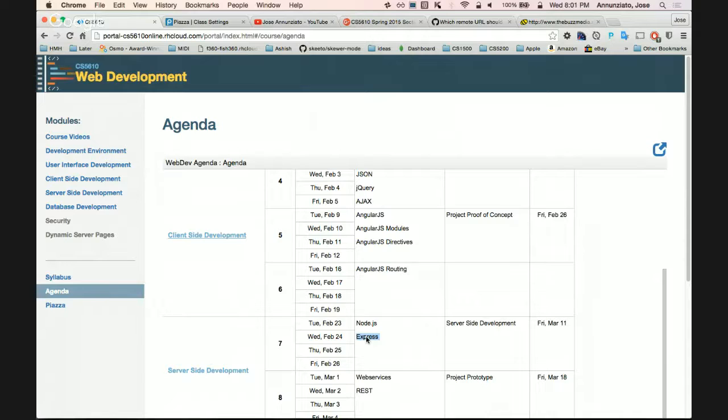What the server is going to be doing is providing the data that the client is going to need. The client is going to say, I need a list of recipes. Well, I don't have any on the browser, so I need to go back to the server and ask for a list of recipes. It's going to hit our Express router and say, hey, give me the recipes.